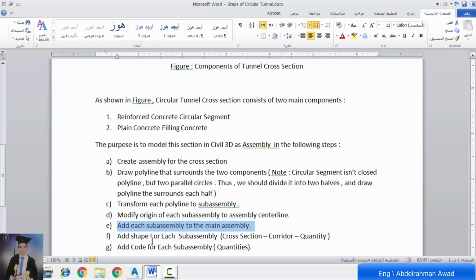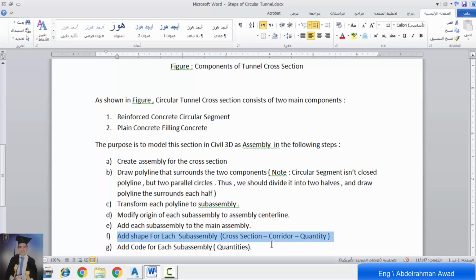Now we will turn to the sixth step, which is to add a shape for each sub-assembly. This step is very important to create the section view for this assembly and to make a corridor for the tunnel segment, and finally for quantities the shape is very important to compute quantities for the tunnel segment.